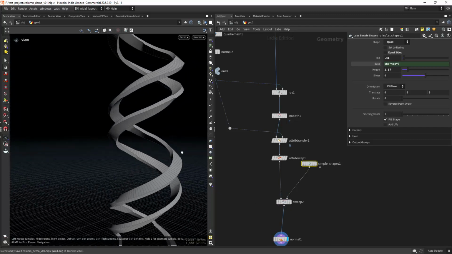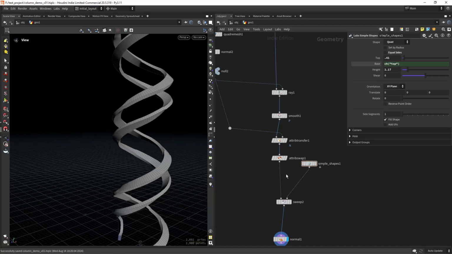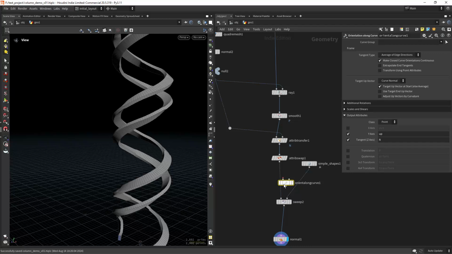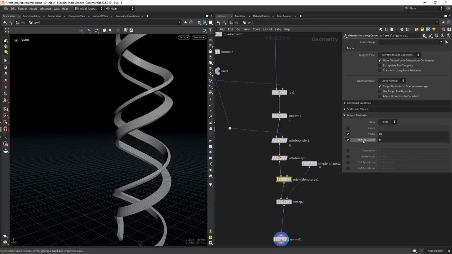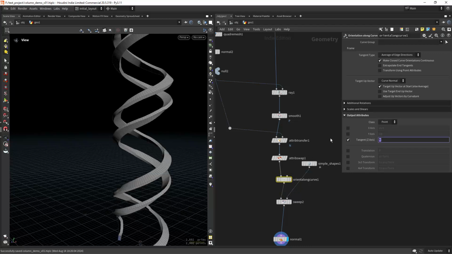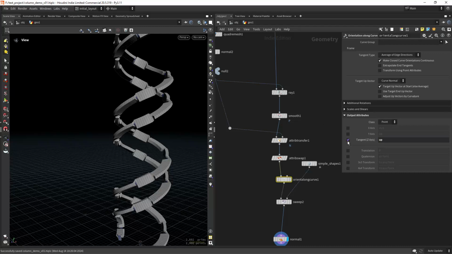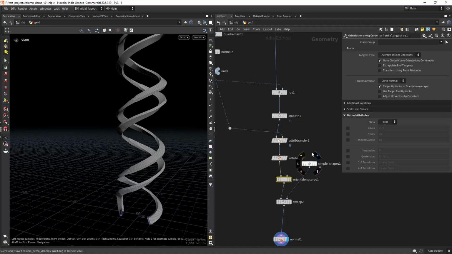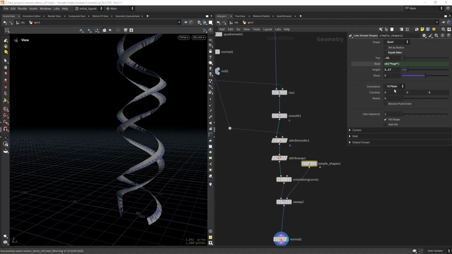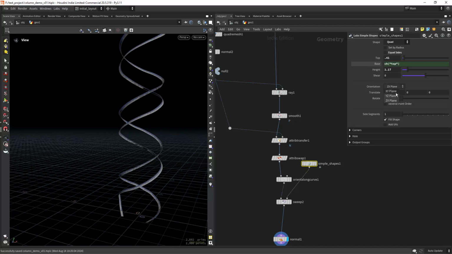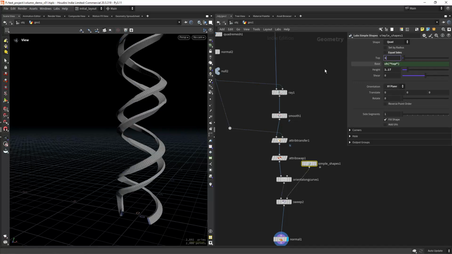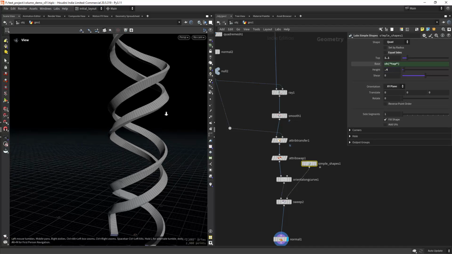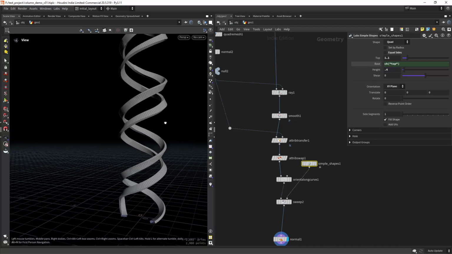Still giving us a few issues, so let's try an orient along curve and do this as up. Not really what I was expecting, so let's maybe try 1.1 in here and 0.4 in here, and this is more like it,